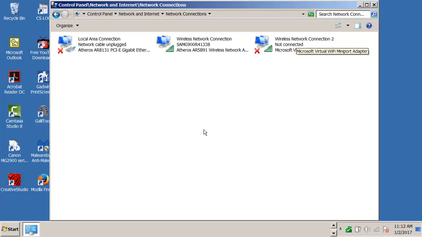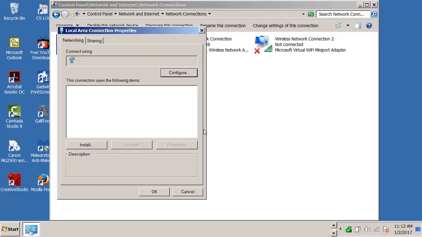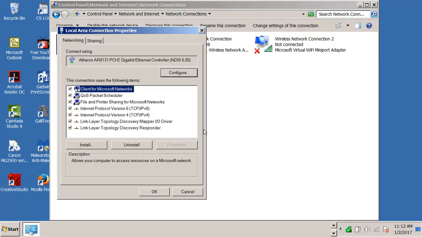This is another wireless, and I can connect to the internet with the wireless. So right here is my local area connection. Now, some computers it'll say Ethernet, and it says that the network cable is unplugged, and it is unplugged. But if I right click on that and go down to Properties, it'll bring up this screen,